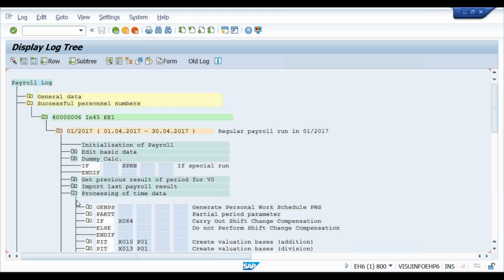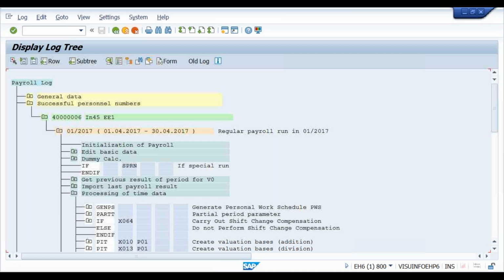So the split indicator is simple. It is a link between your wage type in the IT table, RT table or ORT table, and the data: the cost center data, the WBP data, the bank transfer data. There is data stored in other tables, so the wage type can have a link to the data in those other tables.